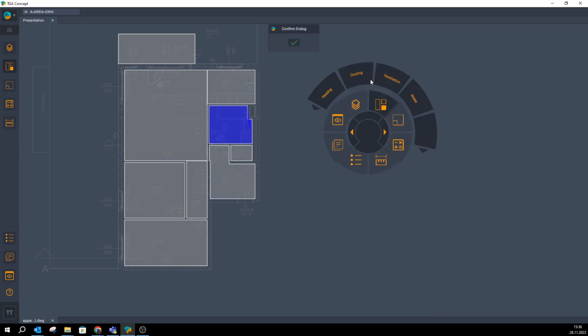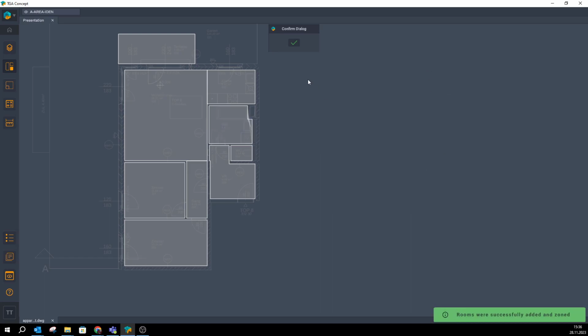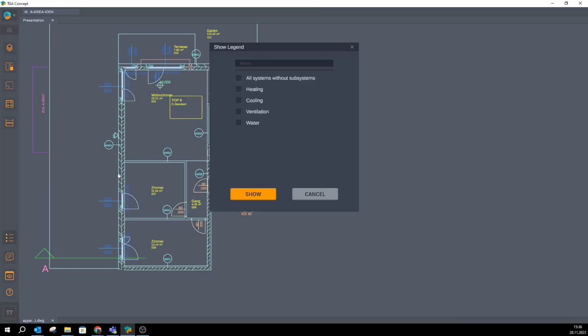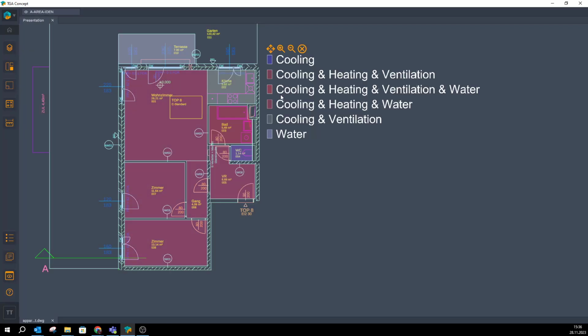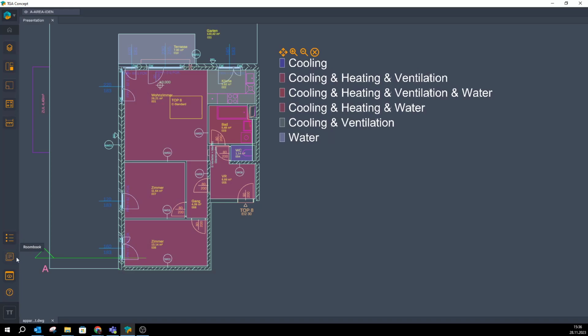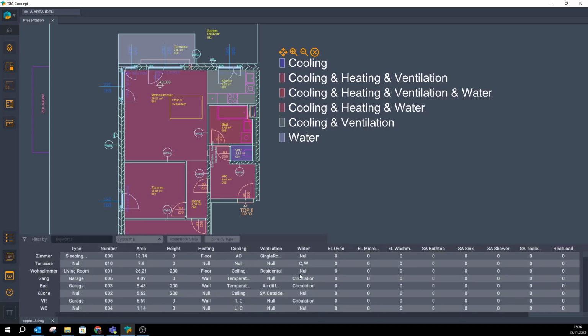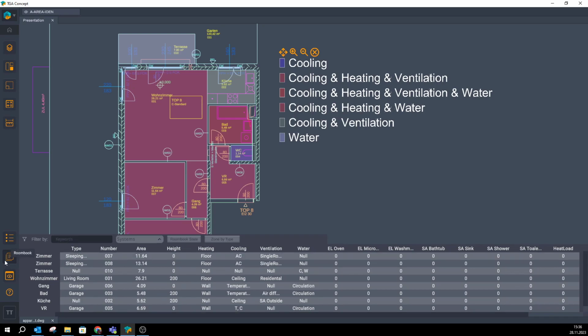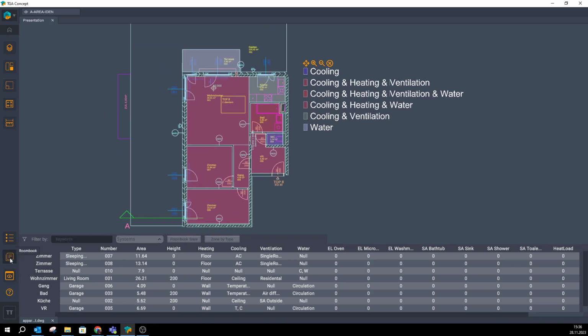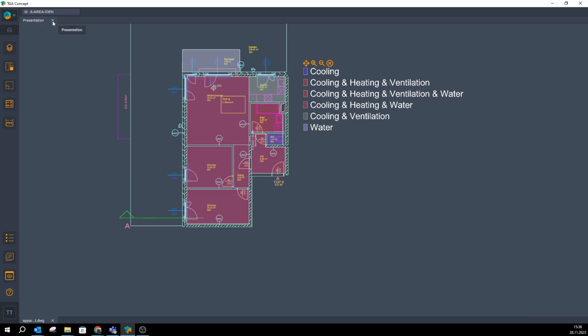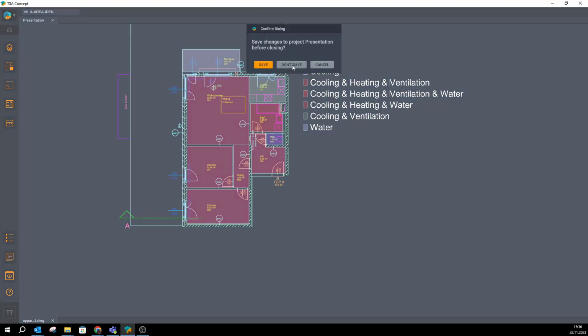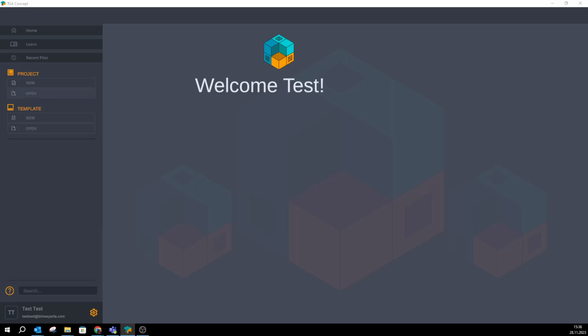maybe air diffusers, let's say. If I confirm this and now go to my legend, I can see that the data has changed, and also in the room book I can see that this data is also updated, which is now a bit confusing because I have a bunch of other data, but if I were to reload the drawing or reload the project, it would be something like this. So I can also do that for this video, and you can choose, do you want to maybe